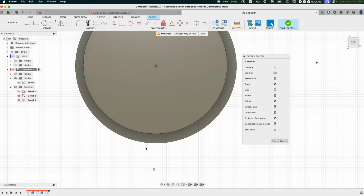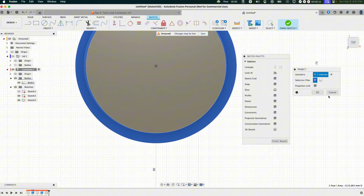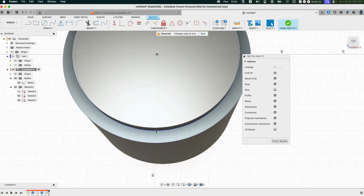To do that, we can press S on our keyboard, type in project, then select the first one here, and then select this face here. Once that's done, press OK. And now as you can see, Fusion 360 will populate these purple lines, which we can now use to create profiles. Pressing L on our keyboard, let's go ahead and create a profile from the very center all the way